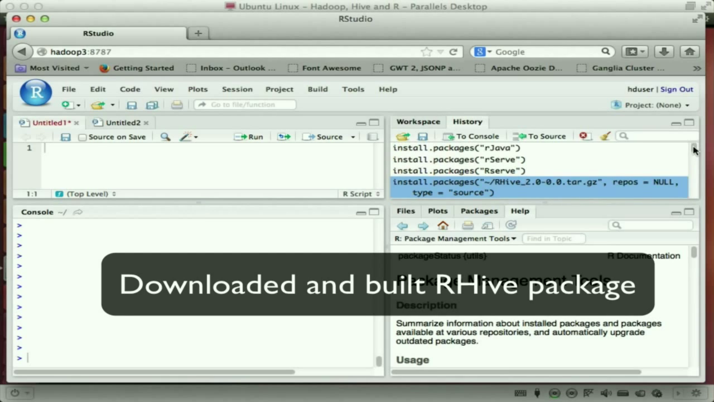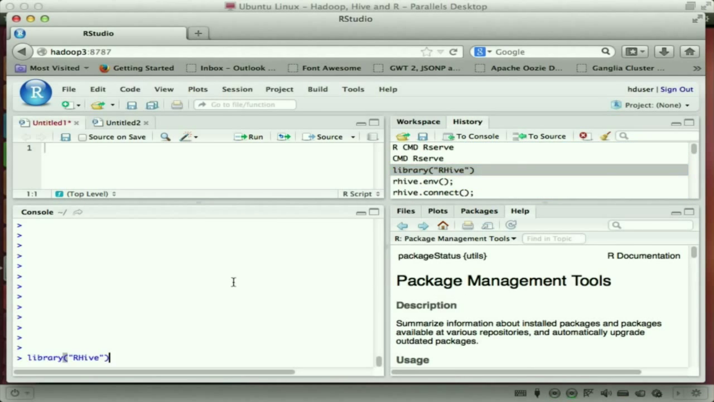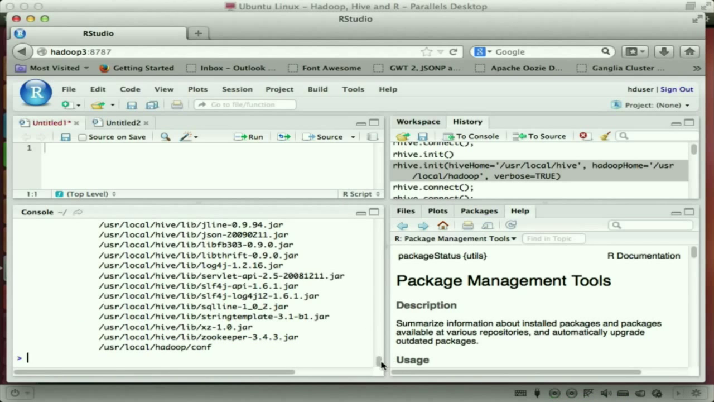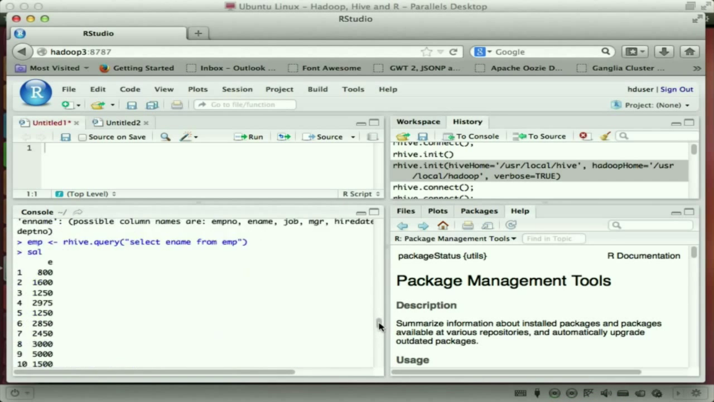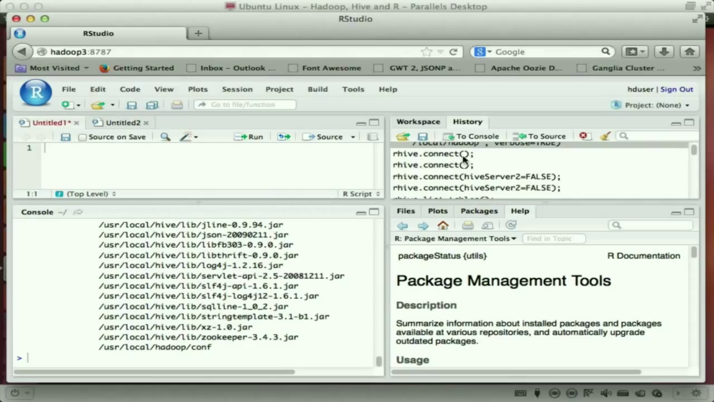It's showing like this one, HIVE_HOME equal to /usr/local/hive. We can see it here. And the basic idea is I'm going to issue library RHive, and I'm going to need the connection with a few details. So RHive home, where my Hive is, and where my Hadoop is. So I'm going to set these variables, and it reads some details from the machine. You can see that it reads the location of all the libraries,